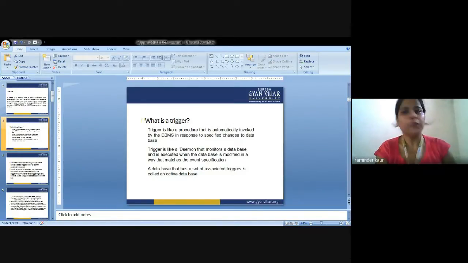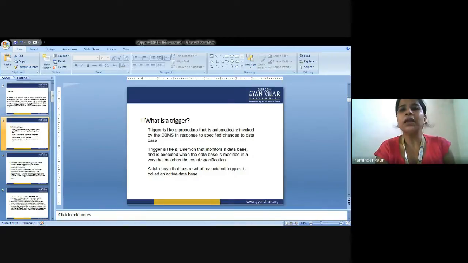So we come to know that it is concerned with DML, that is data manipulation language. It is a special type of stored procedure that automatically runs when an event occurs in the database server. Now, in order to run an event, we are supposed to identify what that event could be. DML triggers run when a user tries to modify the data through a DML event. So it could be insert, update, or delete statements. These triggers fire when any valid event fires, whether table rows are affected or not.